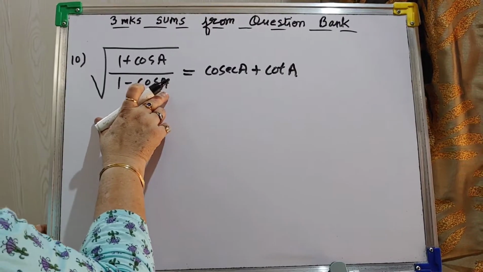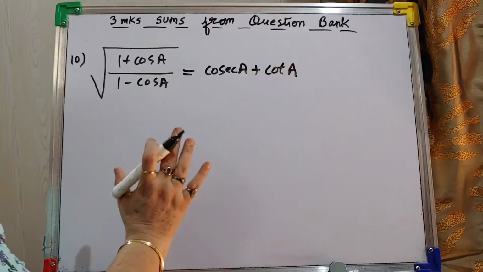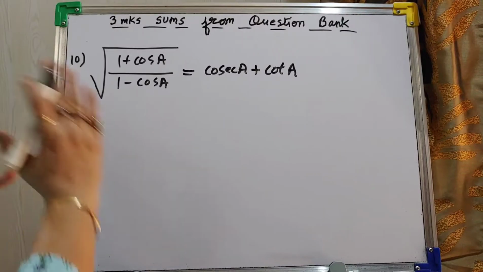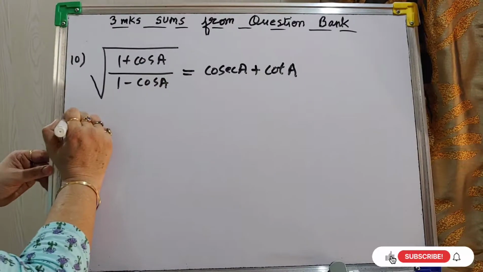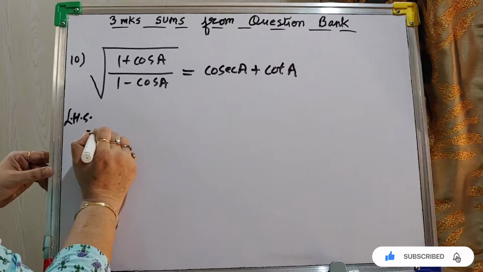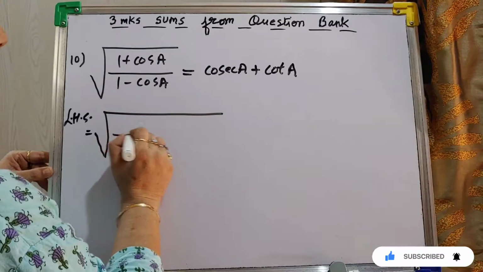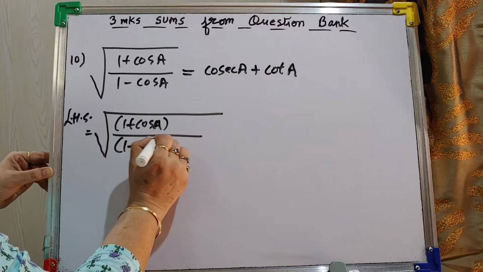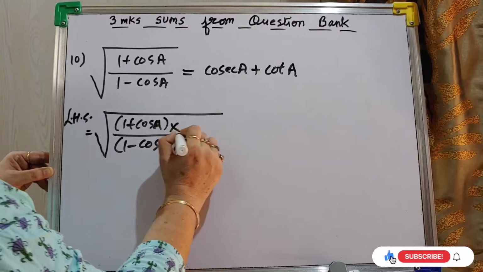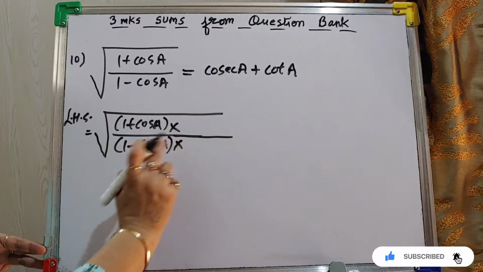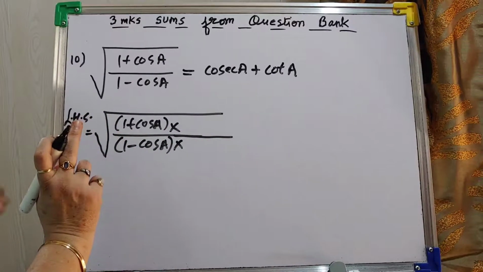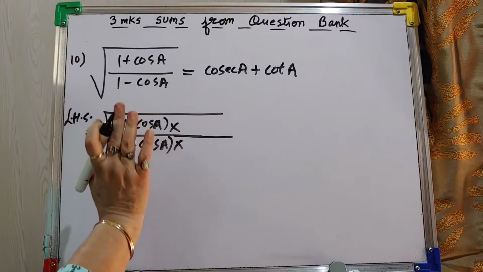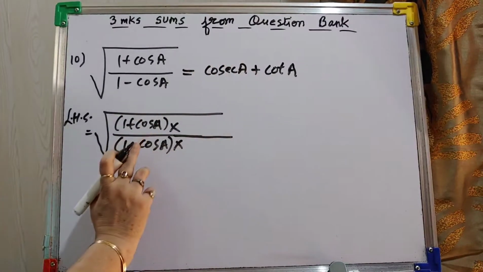Now students, in this sum, in most places where this is given, you might take square on both the sides, but that is not allowed because you have to solve either the left hand side or the right hand side, any one. So you can't apply any operation. So what you have to do, see, first I am keeping this as it is, 1 plus cos A, I am keeping them in bracket. Either I have to multiply the numerator and denominator with this bracket or this bracket. Any one bracket I have to choose. That totally depends on this sign. If this is positive, I have to multiply with the positive bracket. If this is negative, then I have to multiply with this.